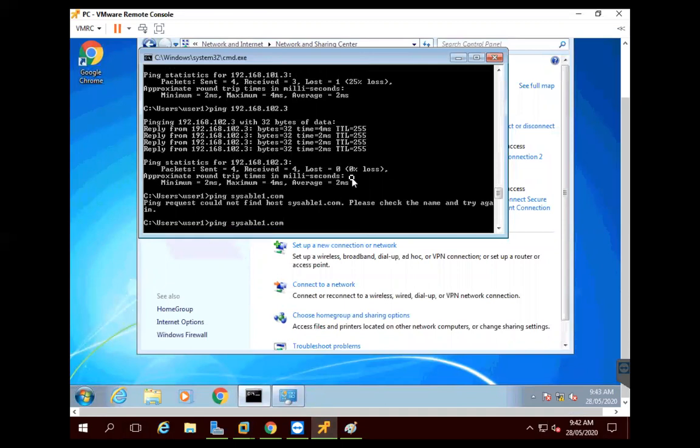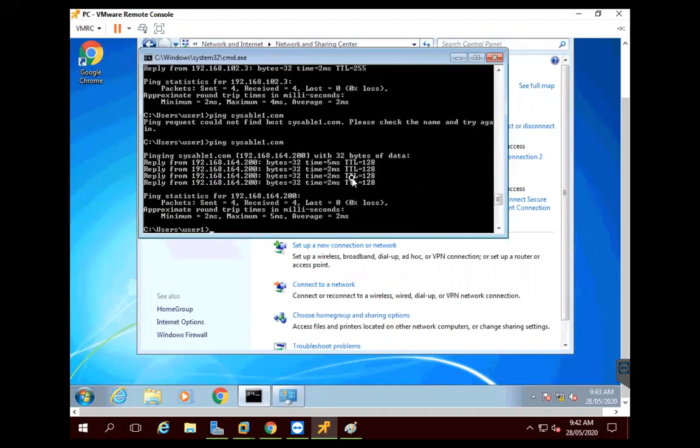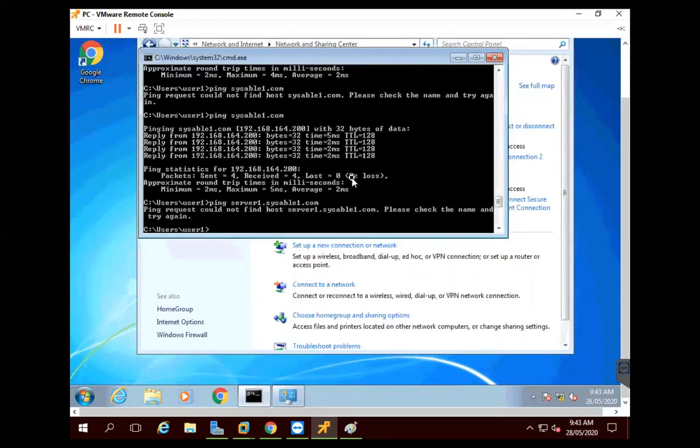One second. Yep. So I just logged into my domain server, then I was able to ping that domain name. So now I will ping the server 1.1.com.